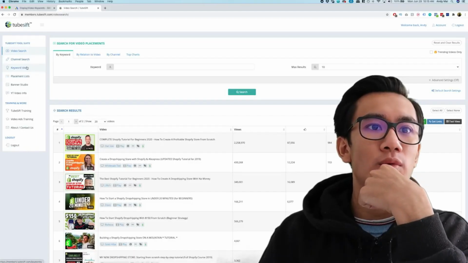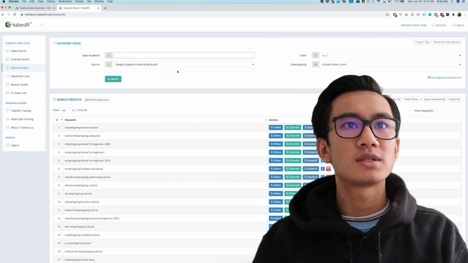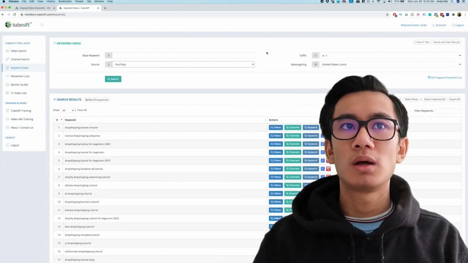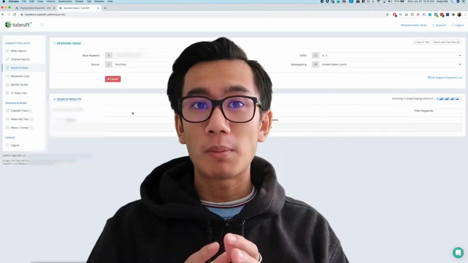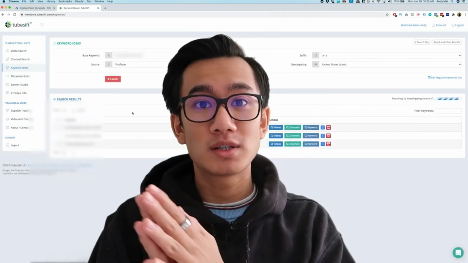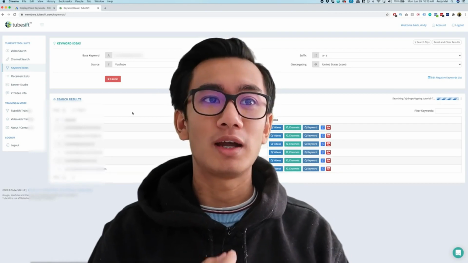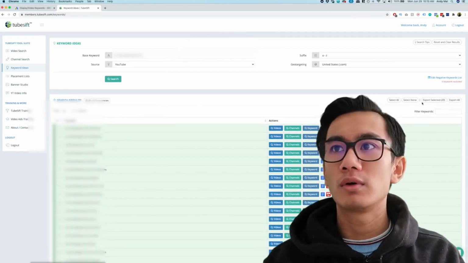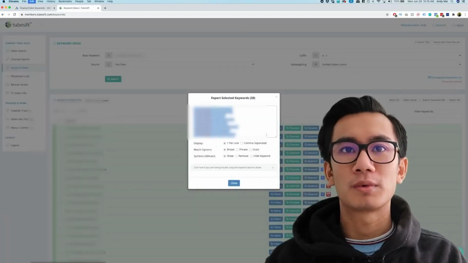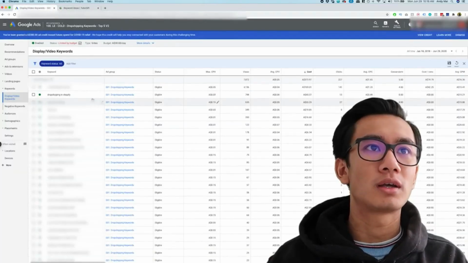Now I'm going to go to keyword ideas, and what this does is, I put in a keyword, so my winning keyword, and it'll populate a bunch of similar keywords to that winning keyword that I could go ahead and use and add to the campaign. So I'm going to select all the keywords, export selected. I'm going to copy, go to the campaign,